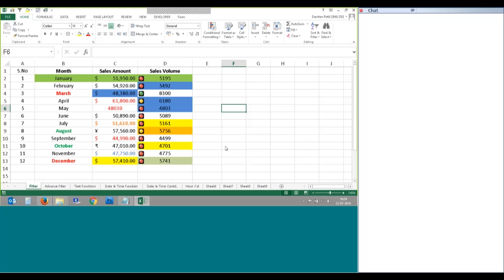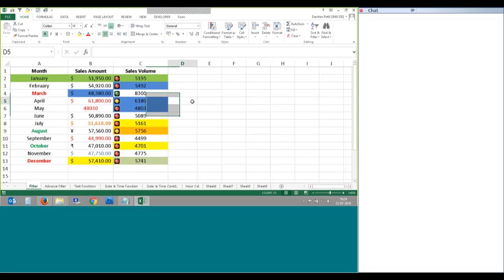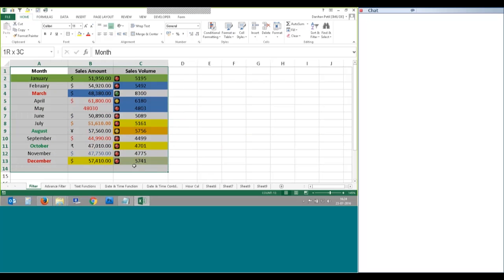But here, similarly, this I'll just delete for a while. So this is for something else. Okay. Suppose you have a tabular data and already applied with color, background color, icon sets. Okay. So this is your tabular data and which you are going to apply filter. Now,